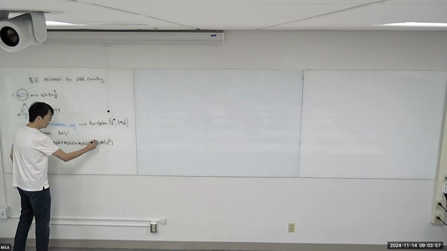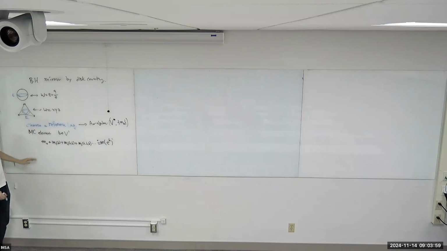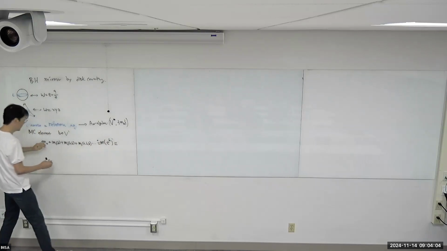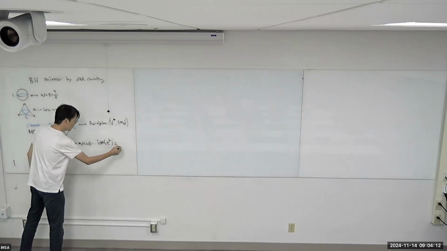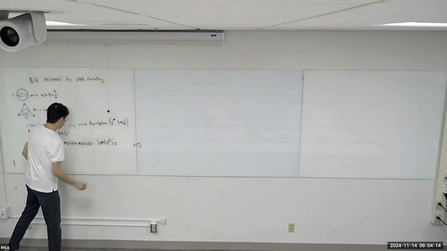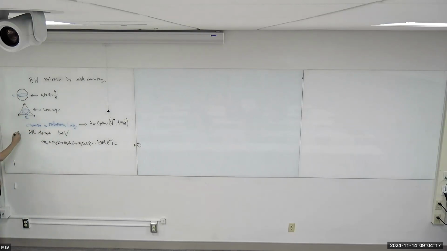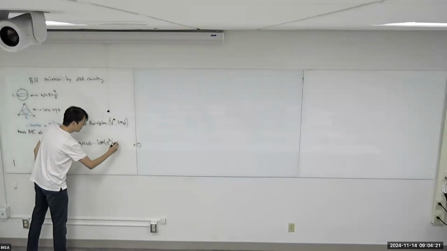Okay, so this is just a notation, and we want the Maurer-Cartan equation. So yesterday we saw the Maurer-Cartan equation for a Lie algebra, there was a differential and a bracket, then it's 0, right? So usually we want this to be 0, but when we say weak, then we want it to be some multiple